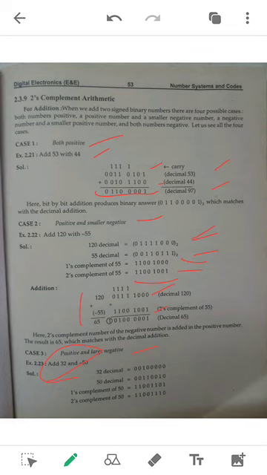So the decimal number 32 you have to convert into binary form here. Then 50, that is a decimal number, has to be converted into 2's complement. A negative number always has to be converted into 2's complement. So after the 2's complement of 50, you will get 1100 1110. Next you have to add 32 plus minus 50. You should get minus 18 in decimal form, and let us see how we will get it in binary form.